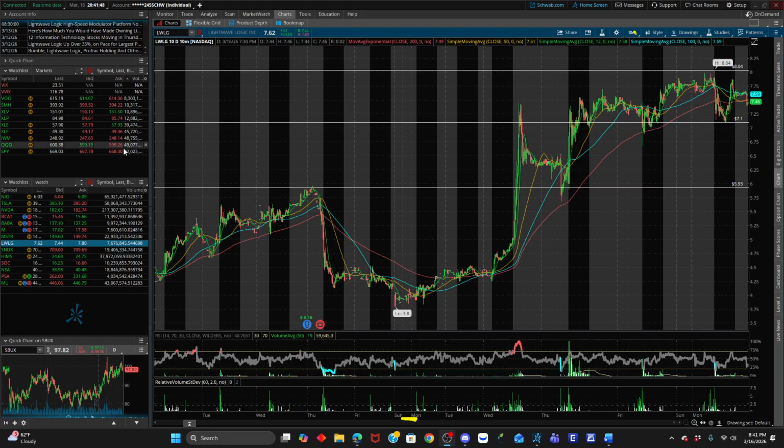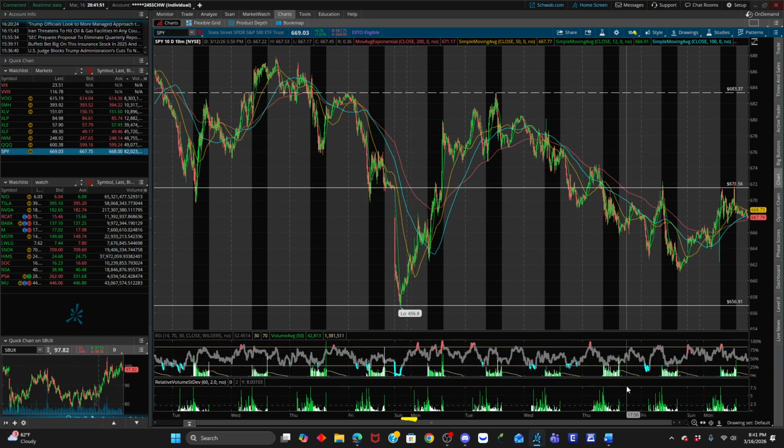Alright, everybody. We got the SPY. Let's look at the SPY. We got Monday's low, Monday's high. We got the pullback. Here is Friday's level. We watched today to see what we were going to do: if we were to fail this level, retest it and break lower, or if we were going to hold this level and go higher.